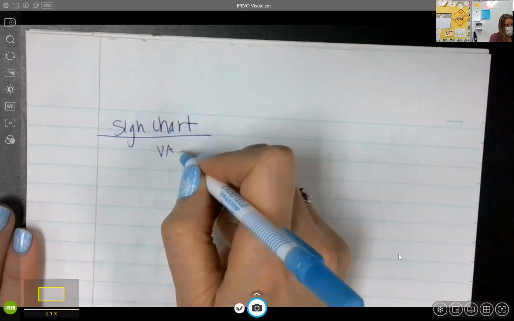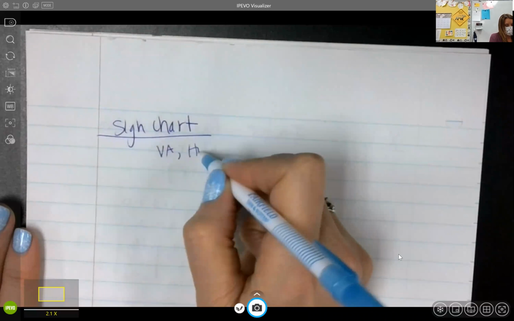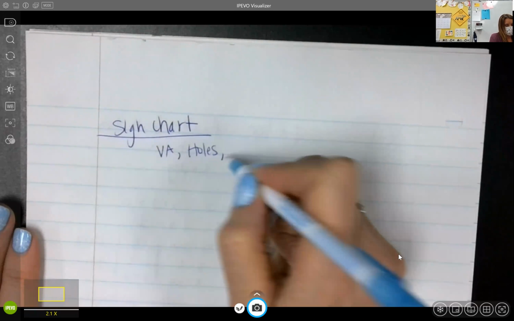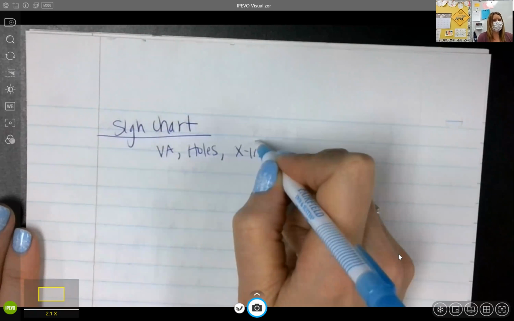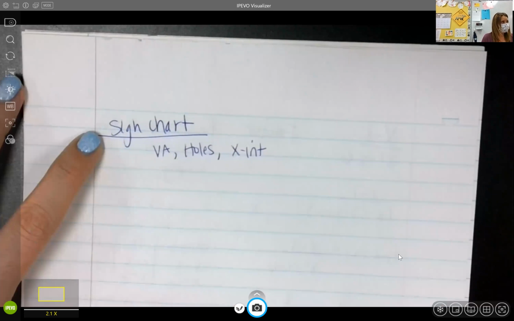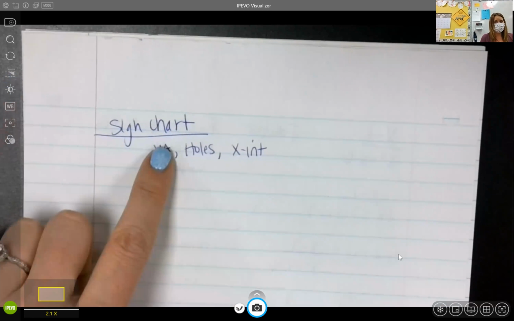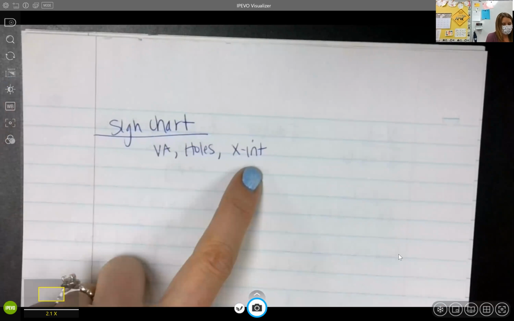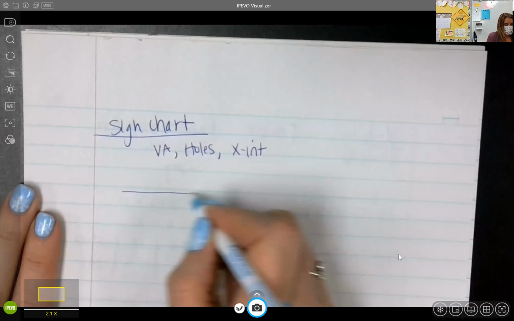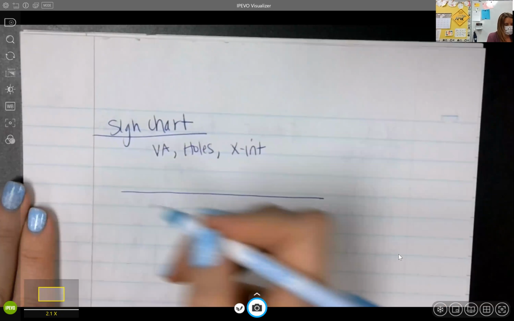To make a sign chart, you're going to label the vertical asymptotes, if there are any, holes, and x-intercepts, if there are any, okay? So on your sign chart, you're going to use vertical asymptotes, holes, and x-intercepts. Okay, so on this graph for my sign chart,